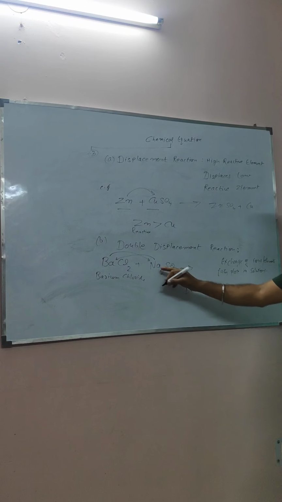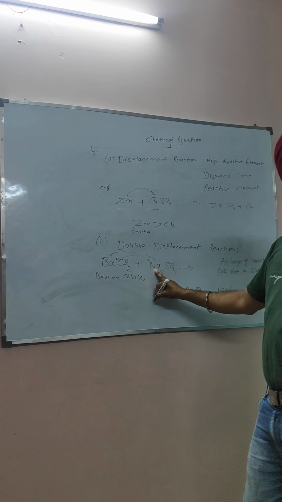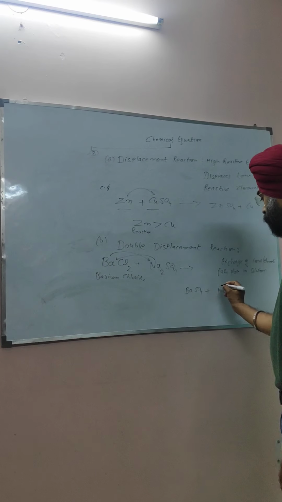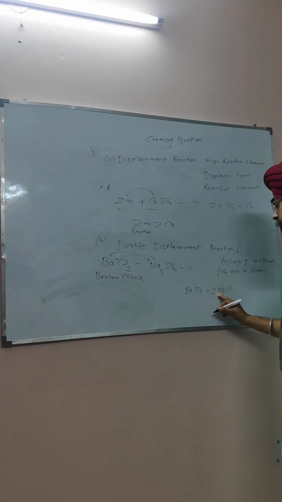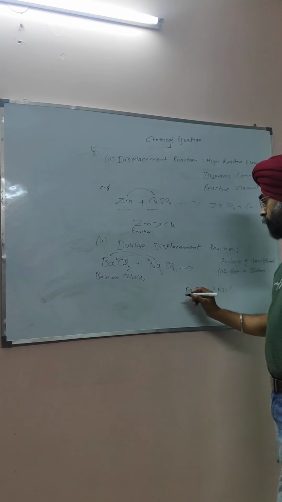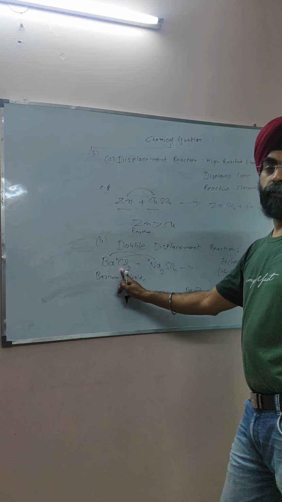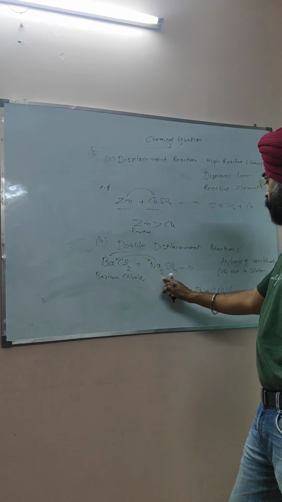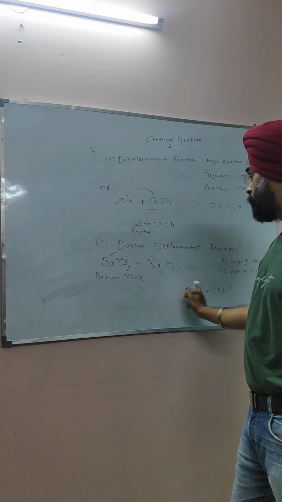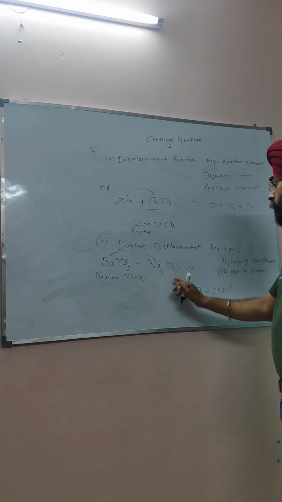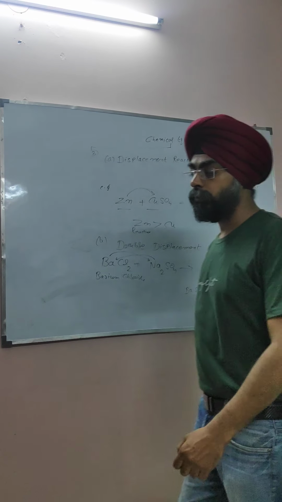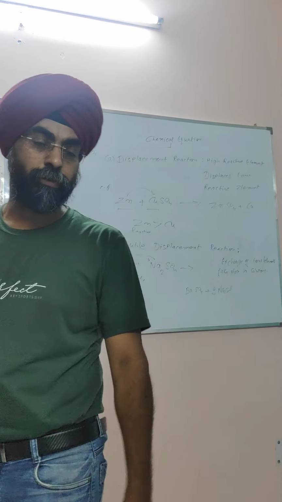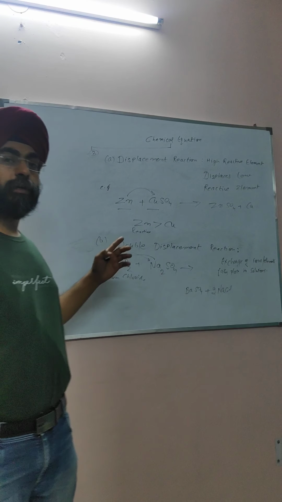Now we will balance the reaction. Sodium, two atoms are present on the reactant side. We will put 2 as a coefficient in the sodium chloride, and this 2 will be applicable to the chlorine also. So chlorine, 2 atoms, are there. Sodium 2, chlorine 2, barium 1, and sulfate is already balanced. So this is our double displacement reaction. I hope you have understood this type of reaction.